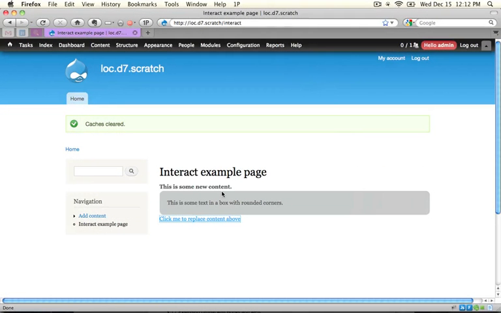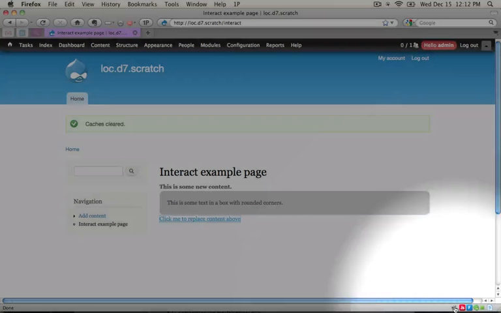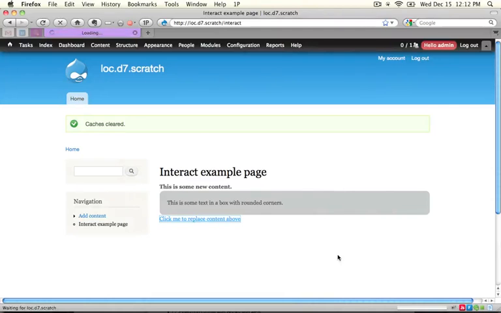All right, now let's take a look at what happens when we click this link when JavaScript is disabled. So what I'm going to do is disable JavaScript, clicking this button down here. You can use a variety of tools to disable JavaScript in your browser, but this is a plugin called Quick Java, which allows us to disable certain features of the browser, including JavaScript and Flash, with just a simple click. So I'm right down here at the lower right-hand corner of the screen. Okay, now I'm going to refresh the page,